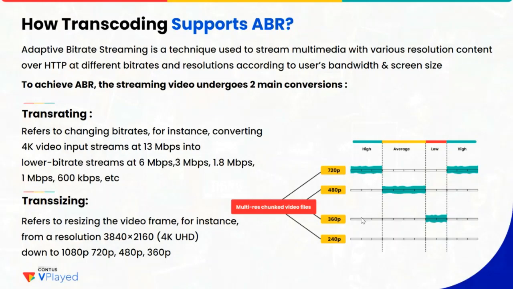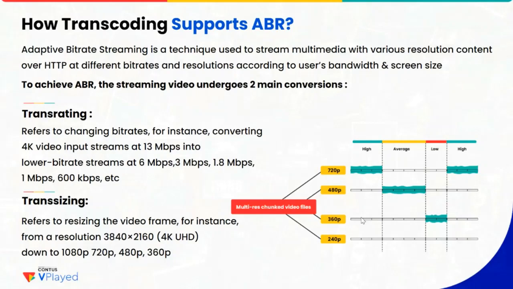In that case, there are two main components of transcoding: transrating and transizing. Transrating is where we deal with the bitrate. Here you can scale down the bitrates. So in case you have a high-demand video, you are able to trans down into a defined or desired bandwidth. Say it is 600 kbps, or 128 kbps, or 6 Mbps, you are able to set it up.